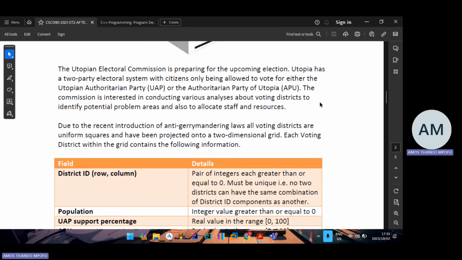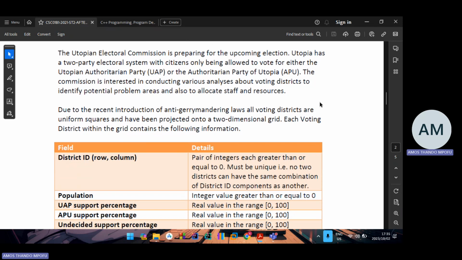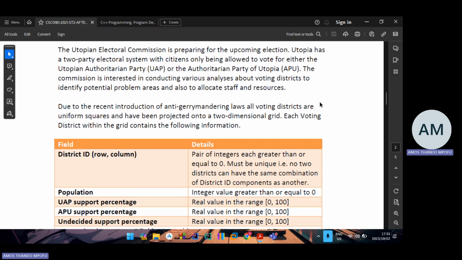So let us begin. The Utopian Electoral Commission is preparing for the upcoming election. Utopia has a two-party electoral system, with citizens only being allowed to vote for either the Utopian Authoritarian Party or the Authoritarian Party of Utopia. So you can either vote for one of the two. You can't vote for both, as seen by the "or"